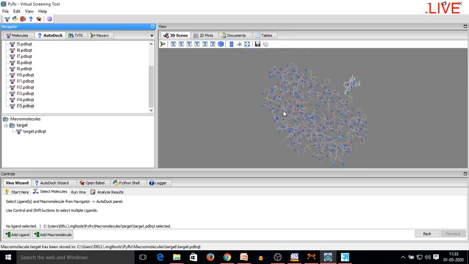Now what we have to do is select the ligand and macromolecule. Here you can see that just above add ligand, no ligand selected has been written. I have to remind you, if I have to select multiple ligands, we have to use the Control and Shift buttons. So I am pressing Control and Shift both side by side, and I am pressing with the arrow. Now you can see that the number is gradually increasing.